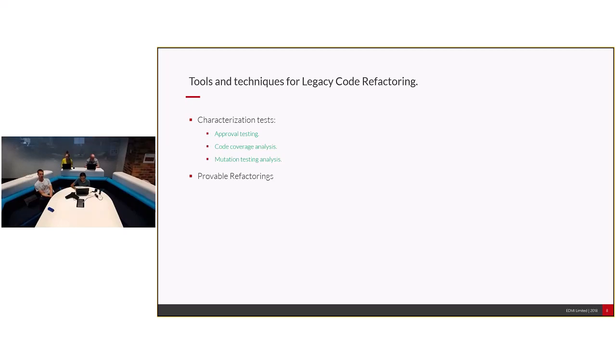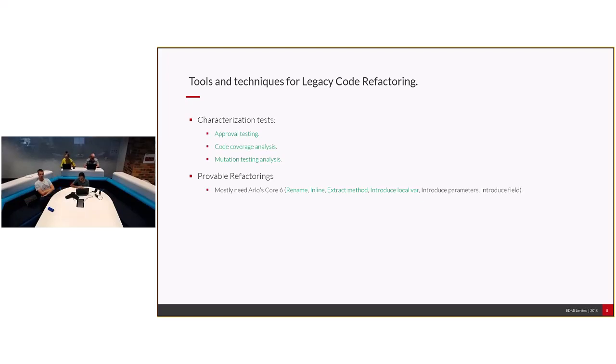Then provable refactorings, right? There's a lot of good work going on. Arlo is, I'm proud to say, one of my mentors. He has the core 6 refactorings. He has a blog, and he looks very deeply into these things. The core 6 are rename variable, rename method, rename class, whatever, inline variable, inline method, extract method, introduce local variable, introduce parameter, introduce field. This is something that we do on a daily basis. But essentially, Arlo's point is, if you have mastered these core 6, this is pretty much what you need to do